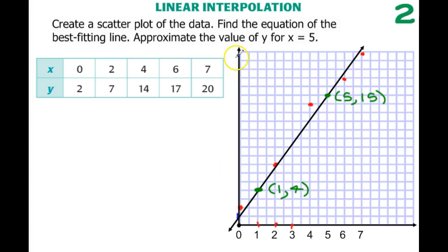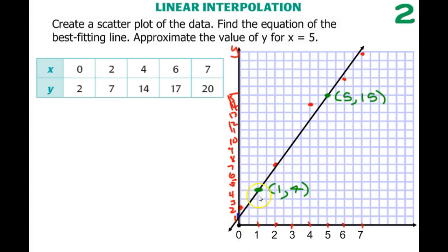And then on the y-axis, I'm just going by ones. So this is 1, 2, 3, 4, 5, 6, 7, 8, 9, 10. And I'm just going to stop at 15 there, just so that you know what my scale is on my graph. I just did this so that I used up most of the graph instead of having it all tiny